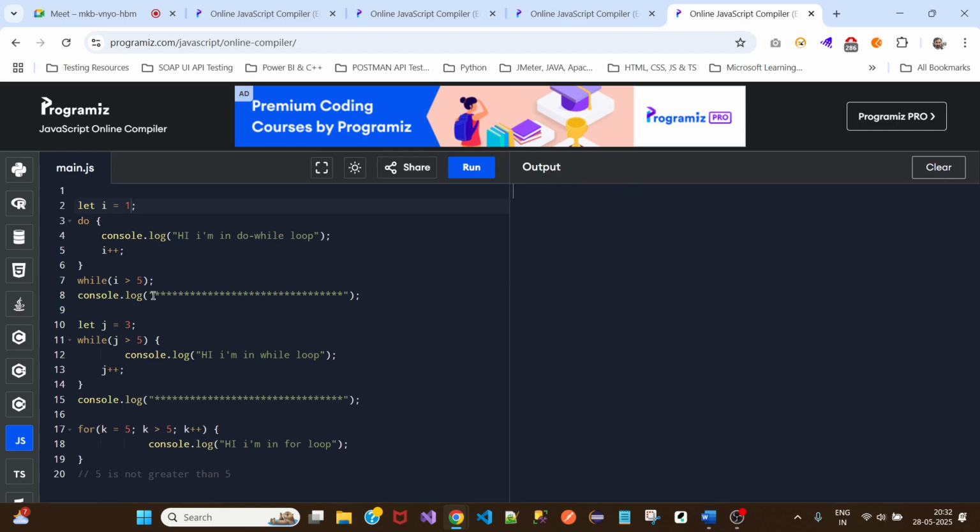So let's clear this. Okay. Now this is a scenario. So in do while, even if the condition is false, even if the condition is false,